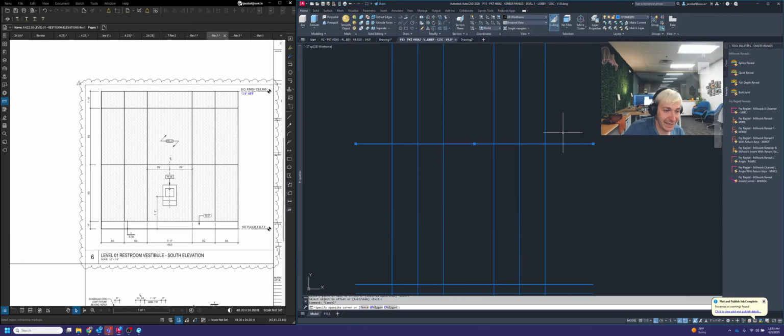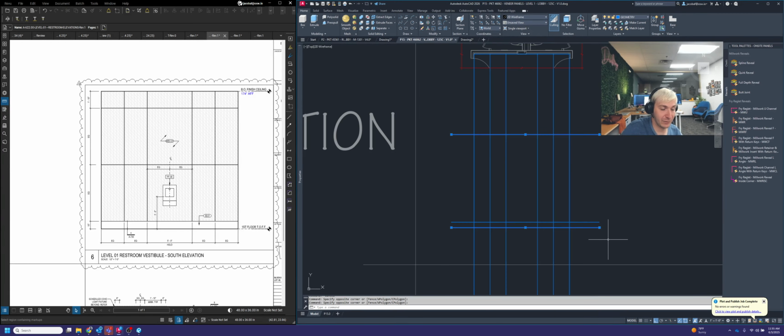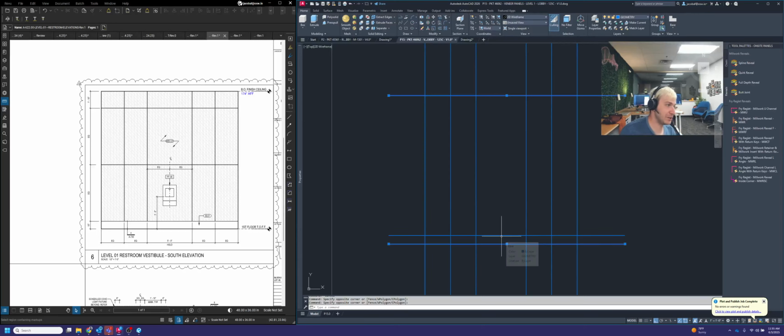Okay, so that is the line of our ceiling, and that is the line of our floor. So now we know what the margins are that we're working in between. Yeah, so that makes this a little bit easier to work with. What we can do next is,